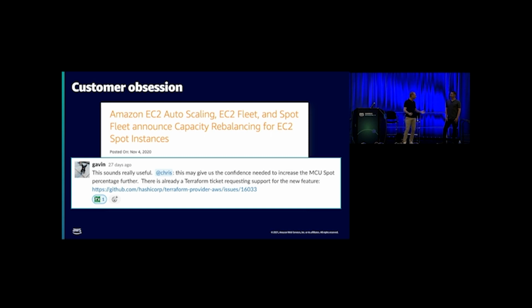So I went to go look, and somebody had reported an issue on the Terraform GitHub, but it wasn't supported yet. So I thought to myself, well, what would it take to actually support this? Can I do it? I'm a software engineer by trade. I've been doing this for about 20 years, but I've never written Golang. And so that was the journey I set out for, to help my customer reduce their costs and meet their availability needs, and try something new.